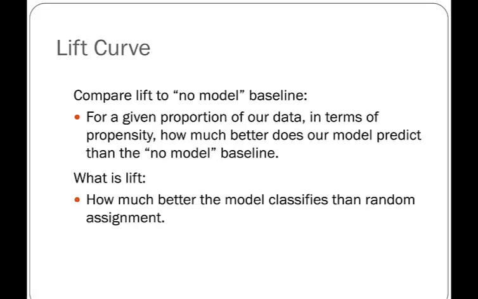And by that I mean if you were looking at all of your potential taxpayers and you said, well, I don't have any idea which ones are in need of being audited, so I'm just going to randomly select, that would be the no model or the random pick. And so we want to compare how our model would do to that one, and the lift curve tells us